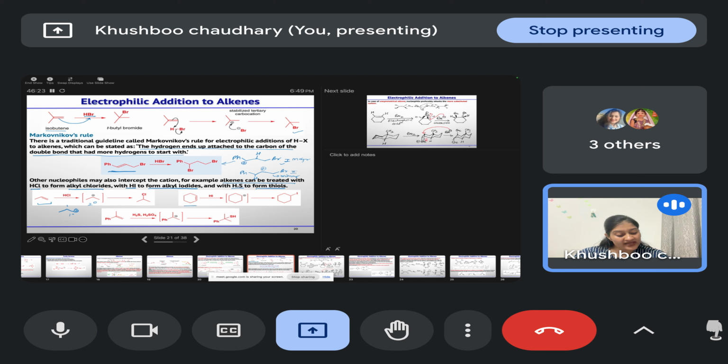Similarly, in the case of cyclohexene, if we are treating it with HI, the secondary carbocation will be generated. This is a symmetrical alkene, so we will get only one product. Then in this case, we can get the tertiary carbocation that is more stable and leads to the formation of your thiols, that is the major product. The primary one will give you the minor.